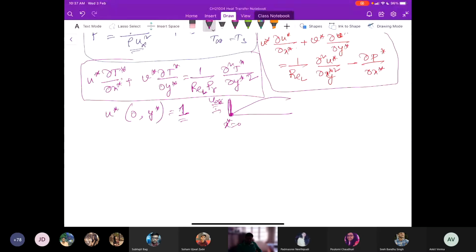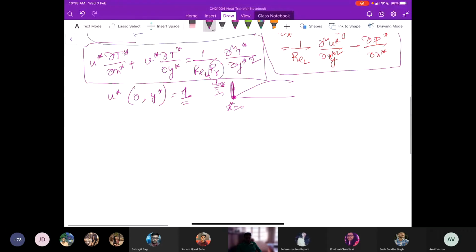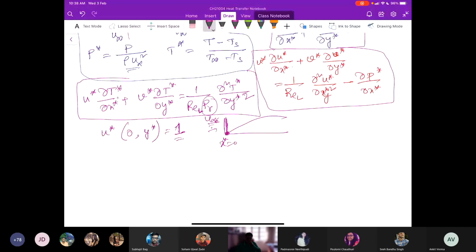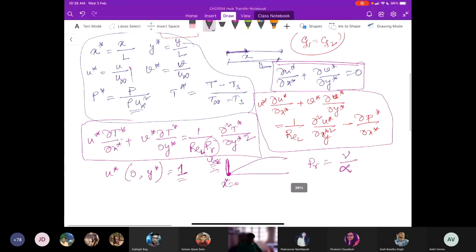Okay, so we see that it automatically introduces the Prandtl number in the energy equation, which is nothing but mu by alpha, momentum diffusivity by thermal diffusivity. So what we can see from this equation,